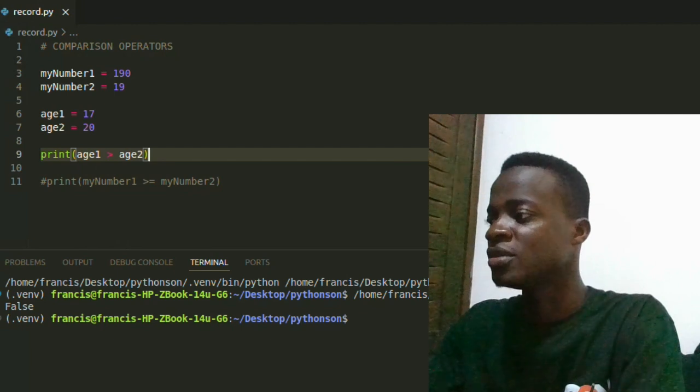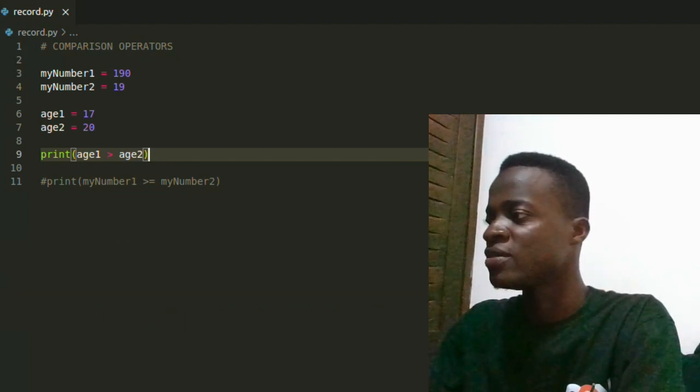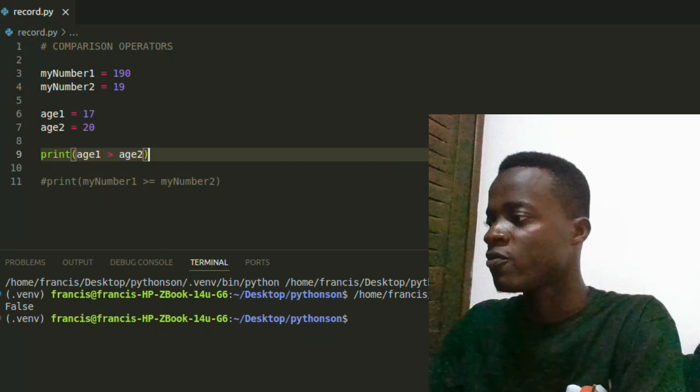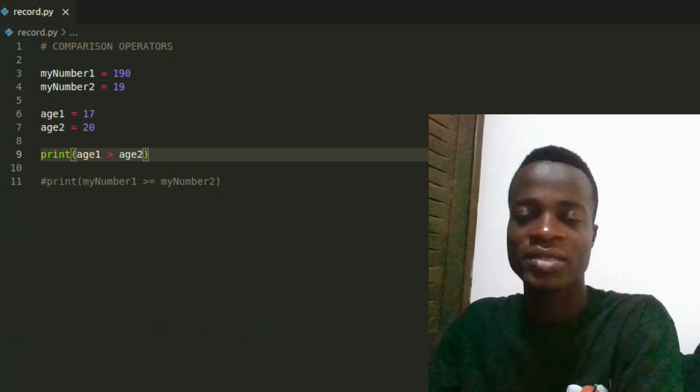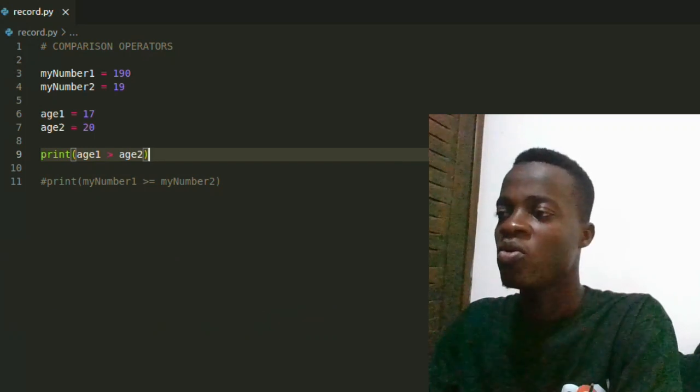It's greater than this, it will still be false, right? Age 1 is 70, so it will still be false. Yes, it's false. Okay, so now that one is working, right? Now we want to check that